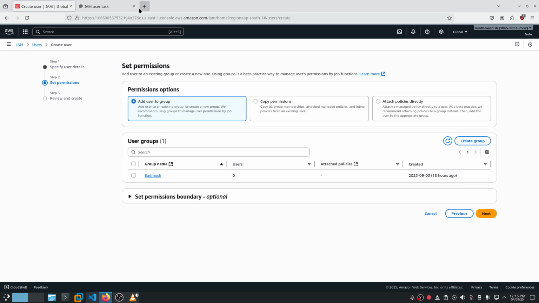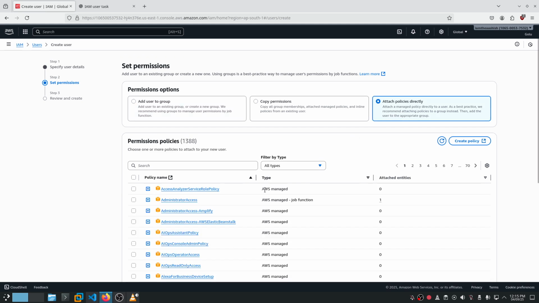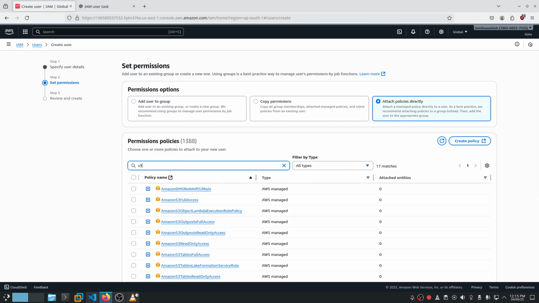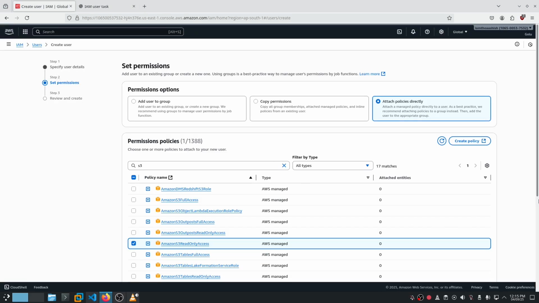Next. Attach existing policies. S3 full access, S3 read only access. I believe the task is saying to add read only access to S3. Okay, done.